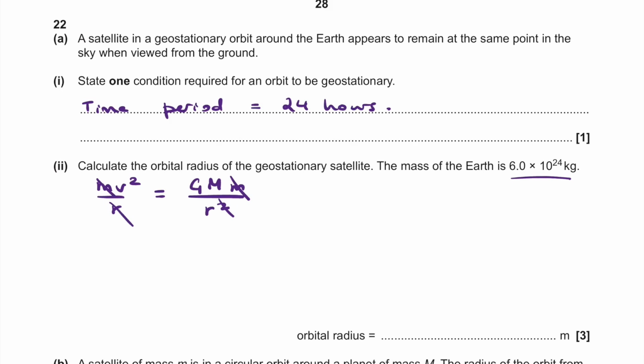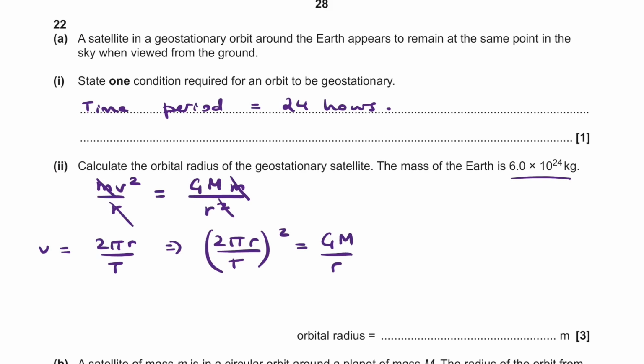We know that v is equal to 2 pi r over T. If you incorporate that, we end up getting (2 pi r over T) whole squared is equal to GM over r, which then enables us to get r cubed as GM over 4 pi squared times T squared,